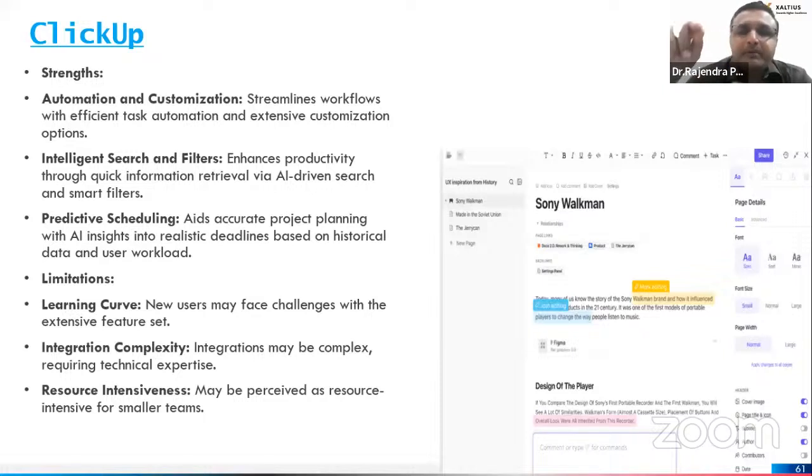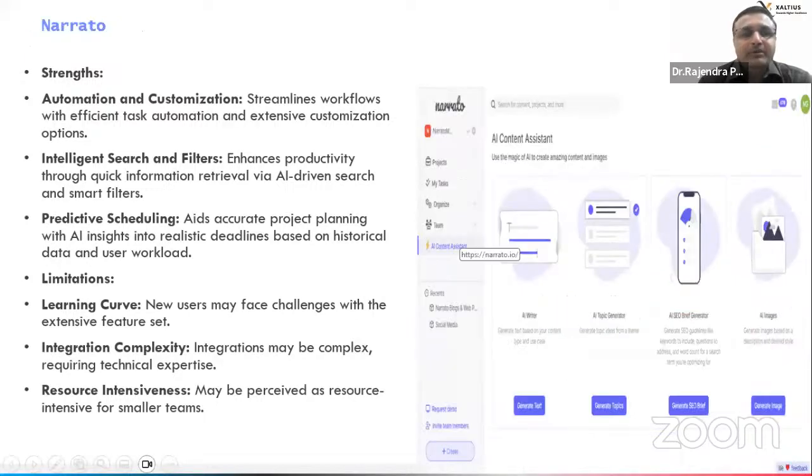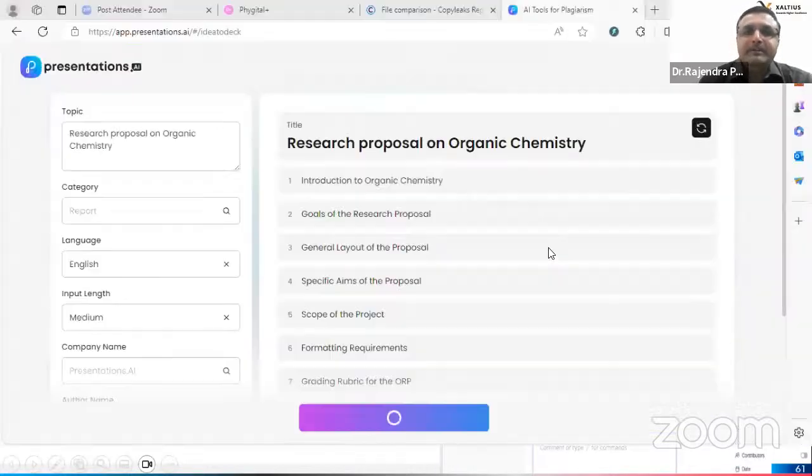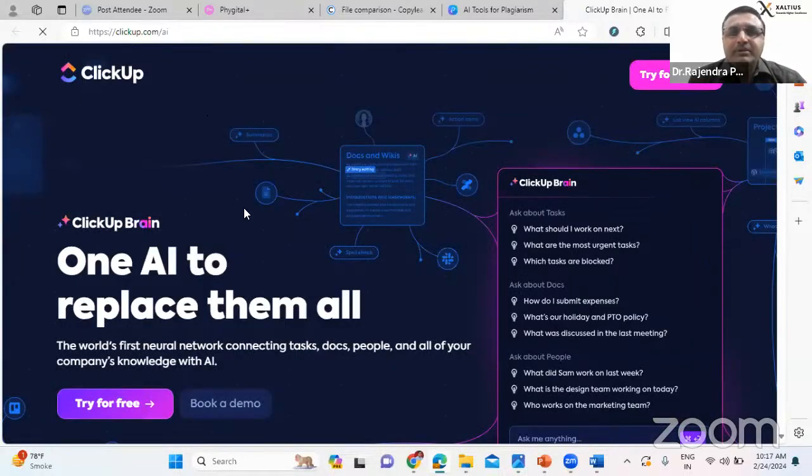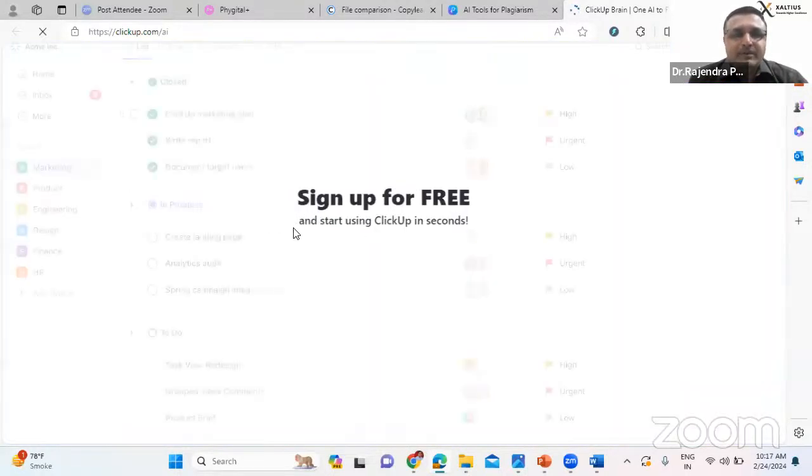You define the list of all the participants, the mail IDs, and what mail has to be sent. Once the flow is designed, you click one button and the mails and messages are sent automatically. For this, we actually have almost one day of different sessions. So ClickUp, you can try and explore.